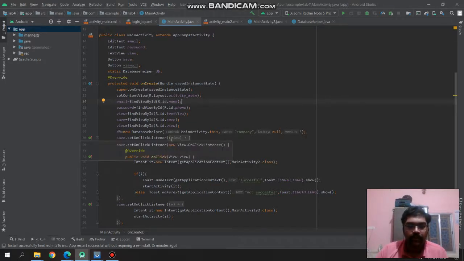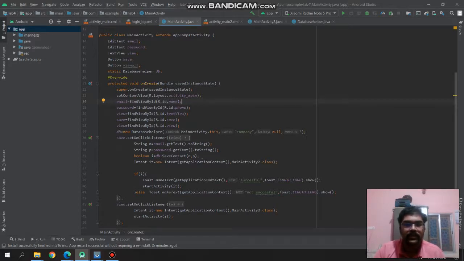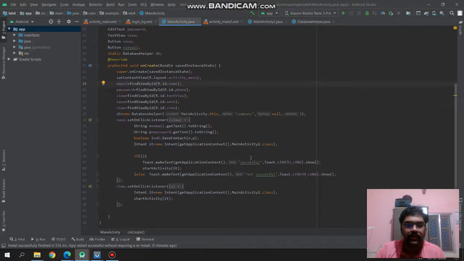Then we are calling on click of save. On click of save, we are passing values of email and password to NNP, and using the save contact function. We are getting a boolean value which is stored in I. Then we are creating an intent for our next page,